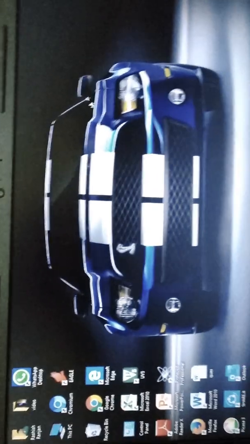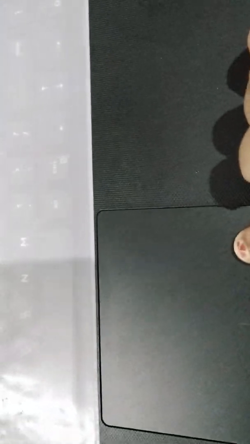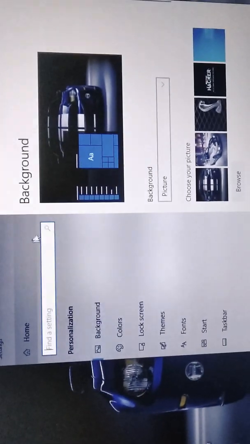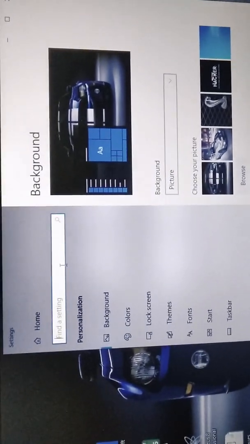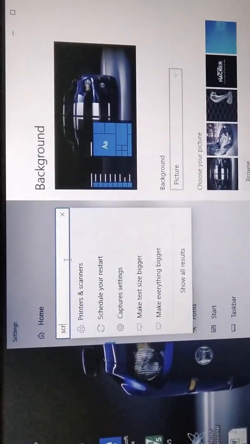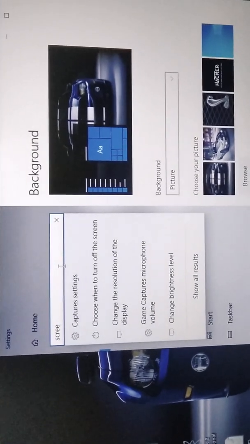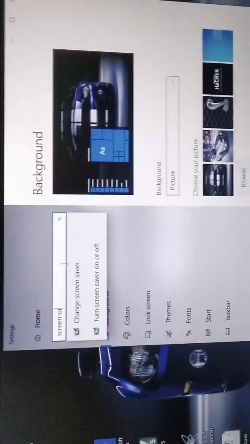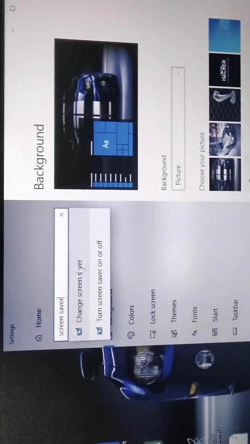The second thing, children, again you just have to do the right click, and then you can see this pop-up menu will appear on the screen. Again you choose the Personalize option, and here you can write screensaver.